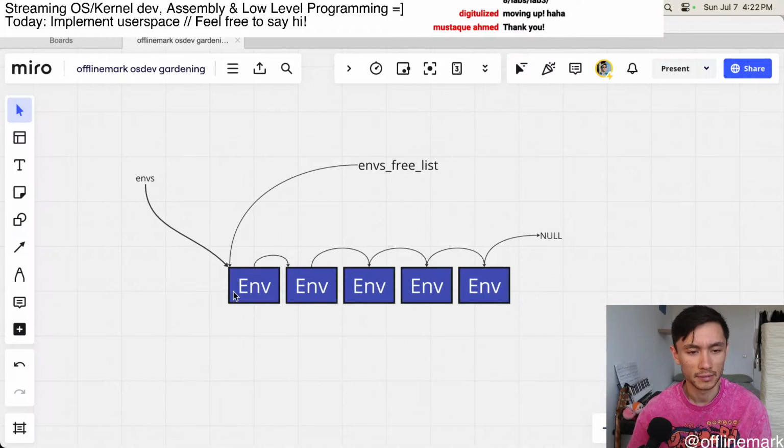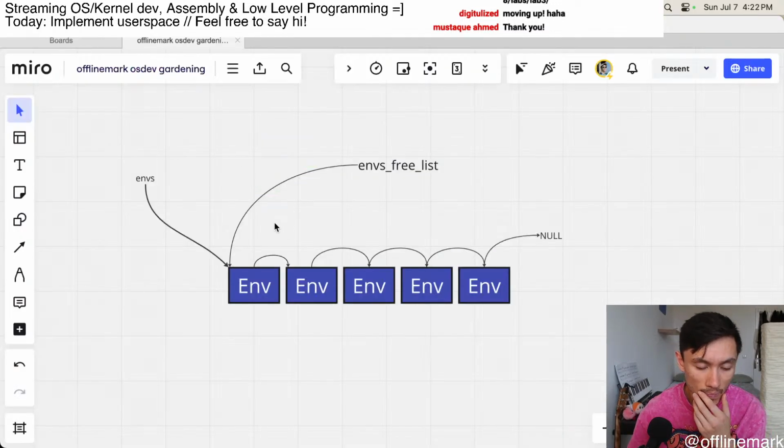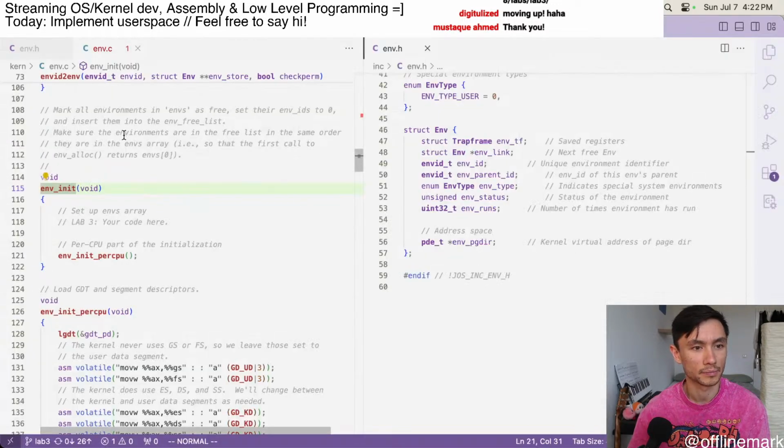I think the first, because env_alloc is probably just going to pop something off of this list, basically, starting from that. So,